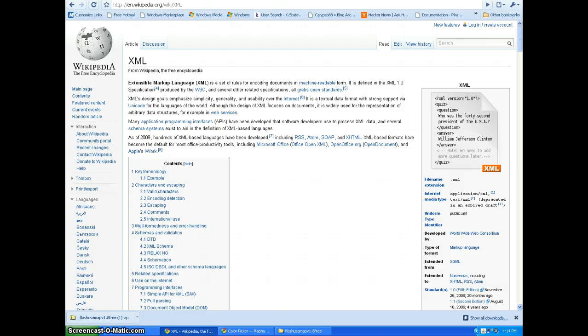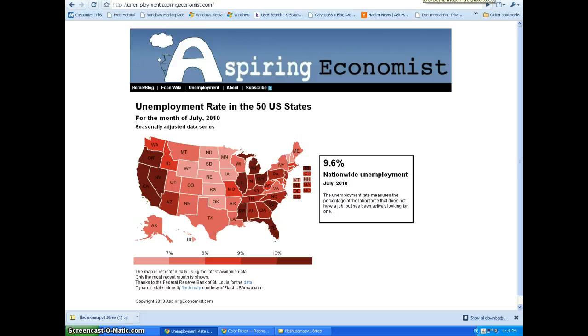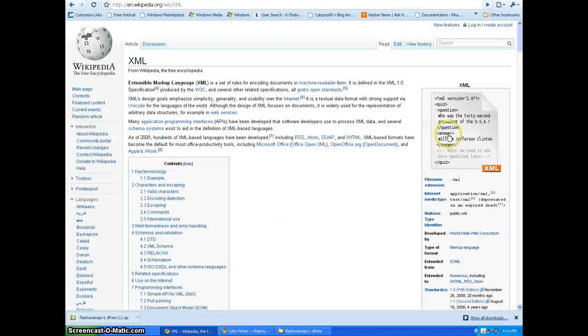There are products available that are Flash maps, just like this one that I'm going to show you, that have already been created, and all this information isn't specified in the Flash file. It's actually specified in an XML file. An XML file sounds kind of complicated, but it's just a text file that contains information. So it contains information about what color should this state be, and what information should be available when you hover